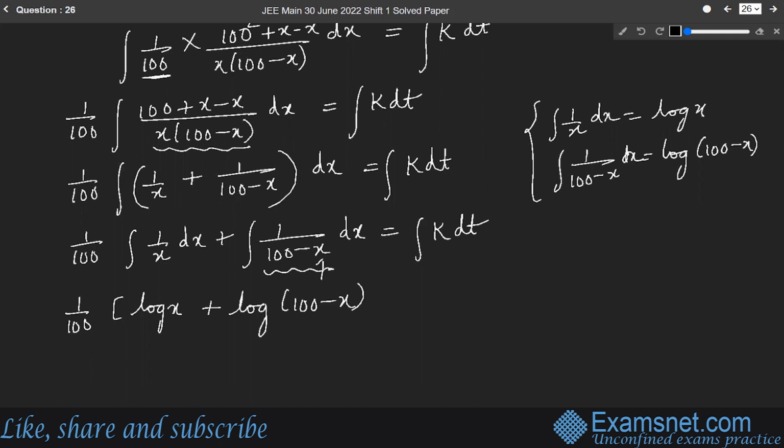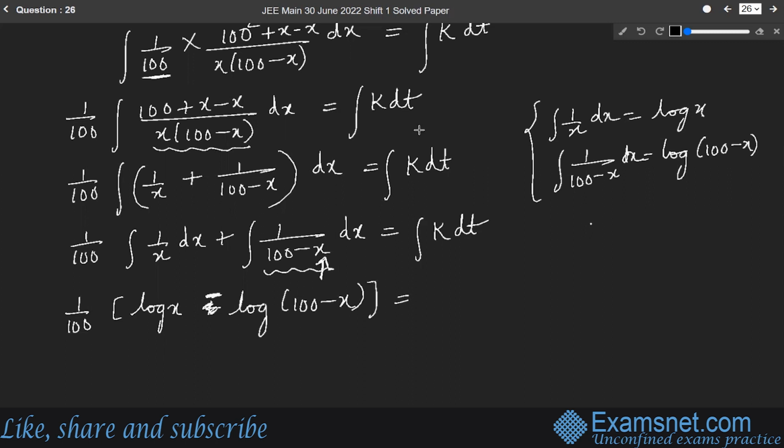Then we have to integrate minus x too. So integral of minus x will be minus 1. So this plus sign will be changed to minus sign. We have taken the integration of 1 upon 100 minus x, so we have to take the integral of 100 minus x also. 100 is a constant, so its integral will be 0. And if we talk about integral of minus x, it will be minus of 1, so this plus sign will be changed to minus sign.